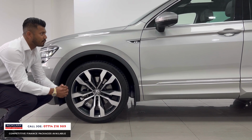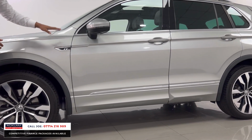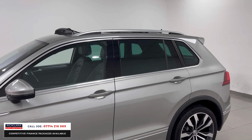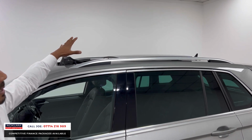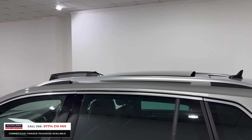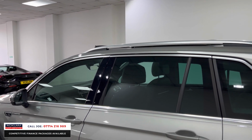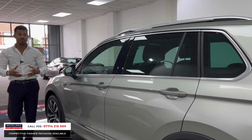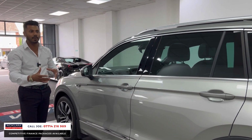Front and rear mud flaps, more R-Line badging, chrome window surrounds, sun protection glass. You've then got the roof rails, and then you've got the full tilt and sliding panoramic roof. When you're looking for these type of cars on the different platforms that may be eBay, Auto Trader, Car Gurus, or anywhere for that matter, look at the specification because there isn't many with all this, the big wheels, the